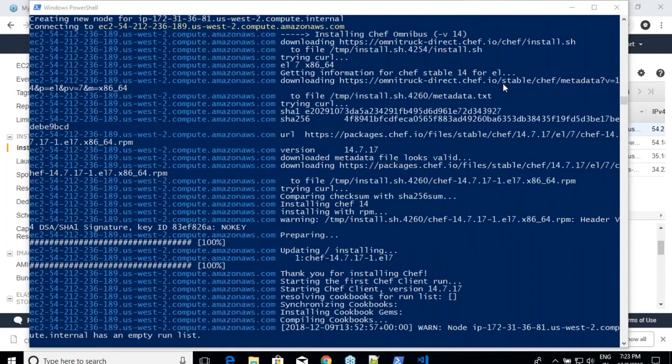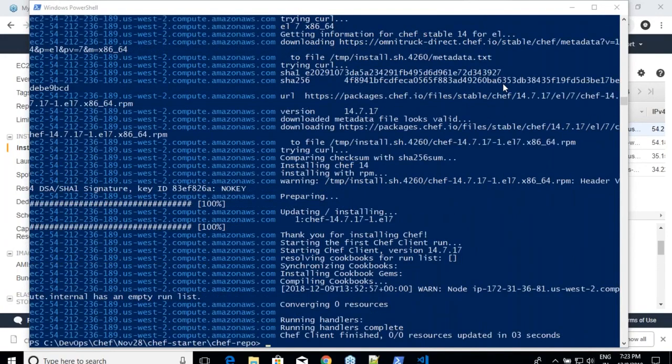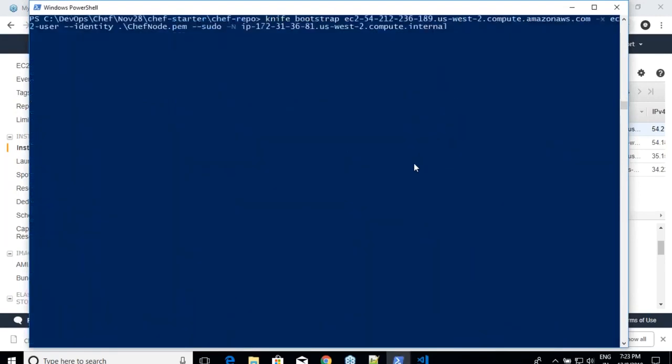Good. Okay. And one more thing is, generally as a best practice, whenever you set this knife bootstrap command, knife bootstrap hyphen hyphen help command also will have something called hyphen hyphen environment. So while bootstrapping itself, you can set the environment. While you are passing that command, you can use hyphen hyphen environment and tell whether it is a dev environment or a QA environment. But we will do it at a later point of time.